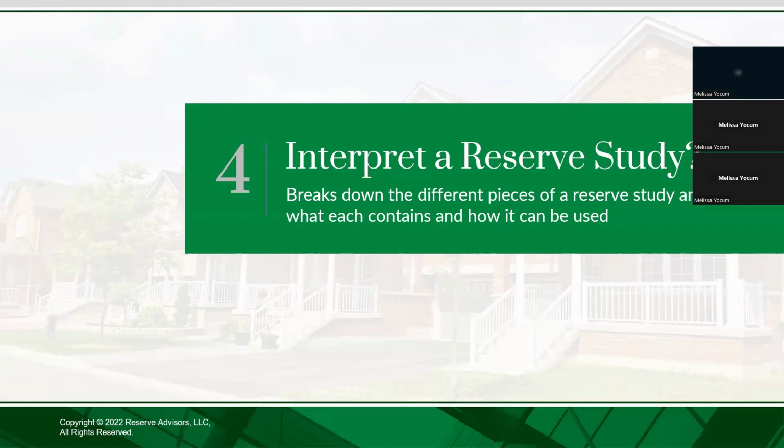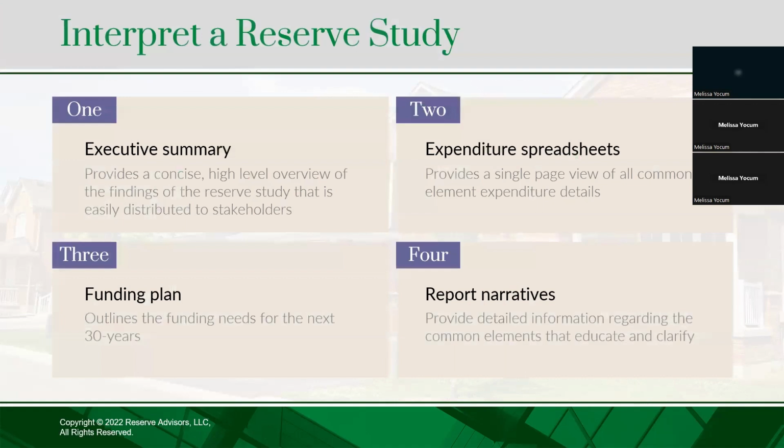So you're not just getting the one engineer's opinion, you're getting our internal quality assurance team to review it, align on those recommendations, and ultimately sign off, giving it the reserve advisor's seal of approval prior to you receiving the study. So when everyone's aligned, the reserve study comes. Well, how do you interpret it? How do you read it? How do you utilize it?